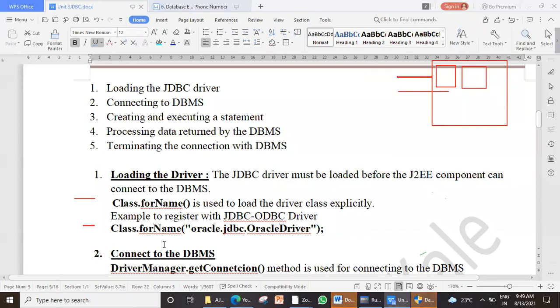Okay. I will share the recording with you of practical execution, not of theory. Now, before you go to that practical class, these are the steps actually. You will load the driver, you will connect to the DBMS, execute the statement, and process the results. Forget about the lines of code, whether you understand or not. But at least learn the procedure, because what you have to do is go to NetBeans, and on the left side, you have to attach that jar file.